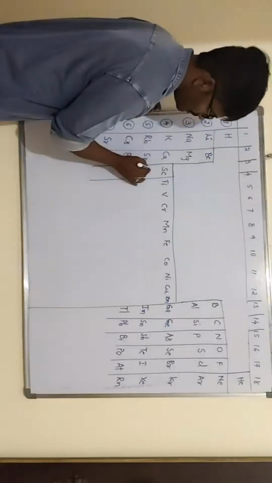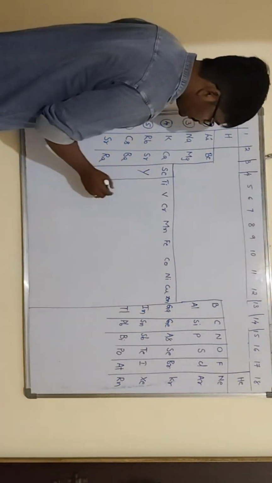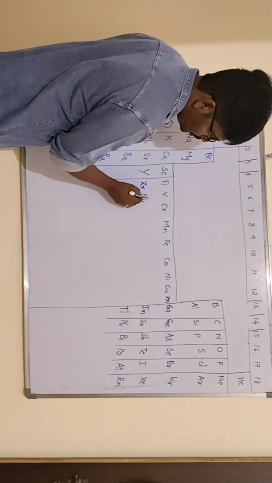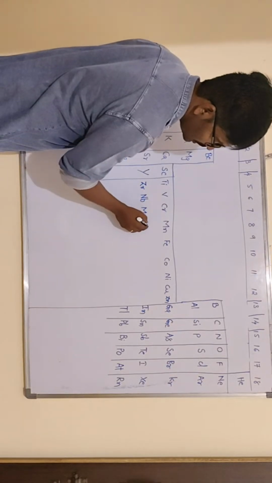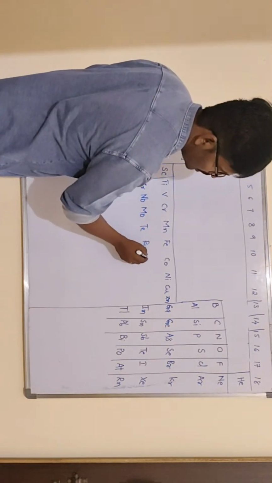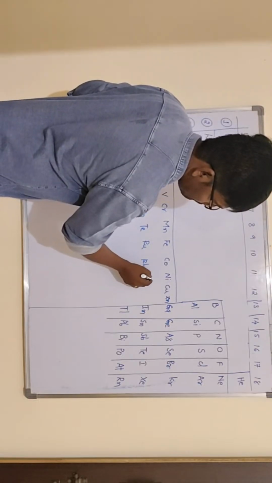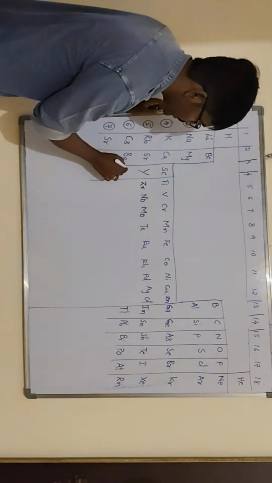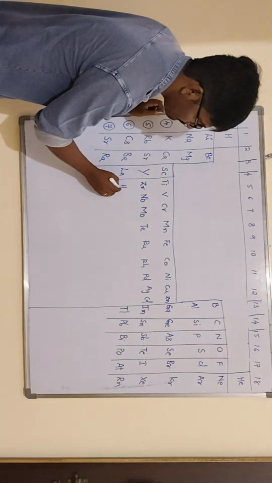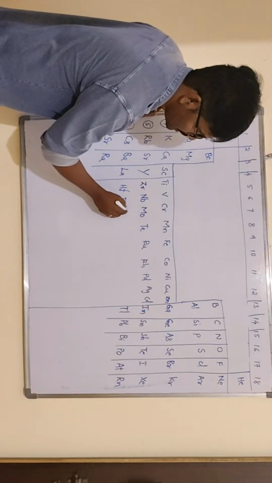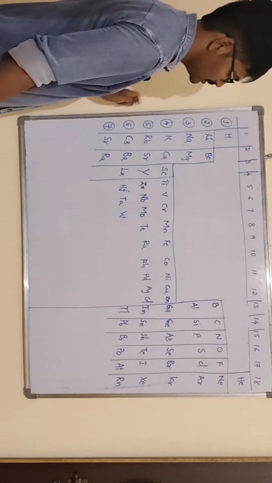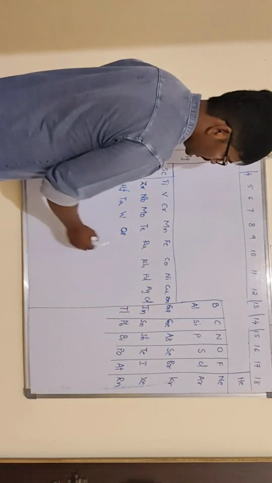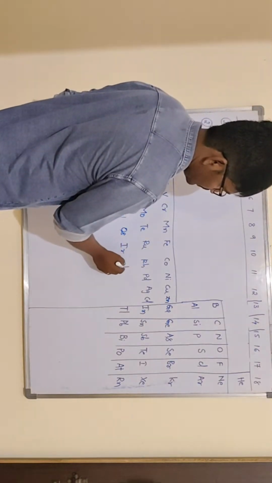Then here yttrium, zirconium, niobium, molybdenum, technetium, ruthenium, rhodium, then palladium, silver, then cadmium, like this. Next lanthanum, hafnium, tantalum, tungsten, osmium, iridium, platinum,